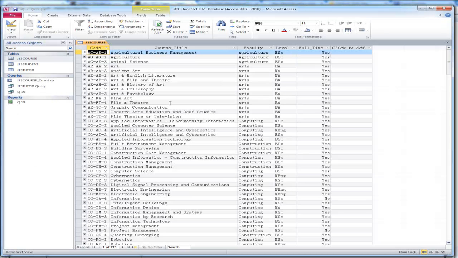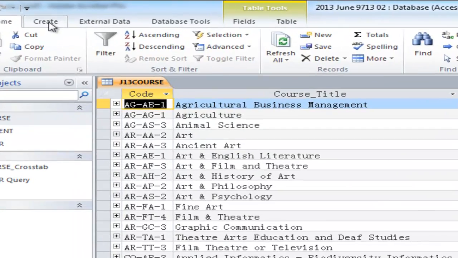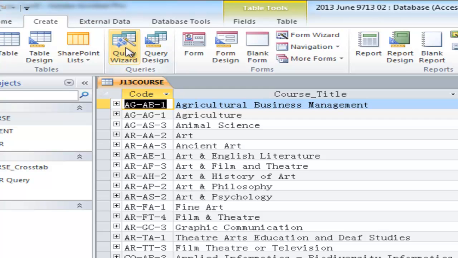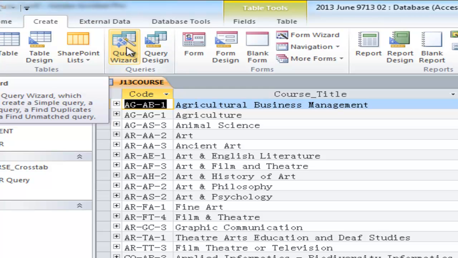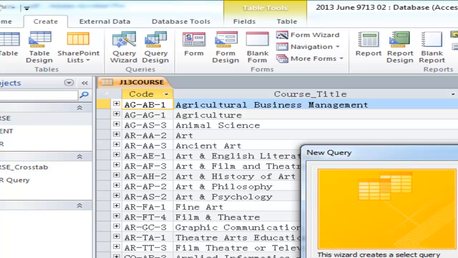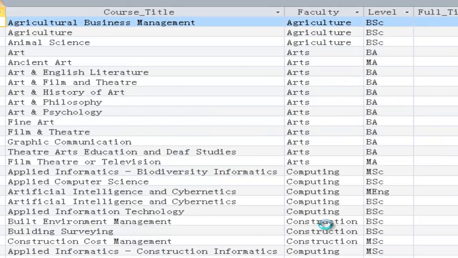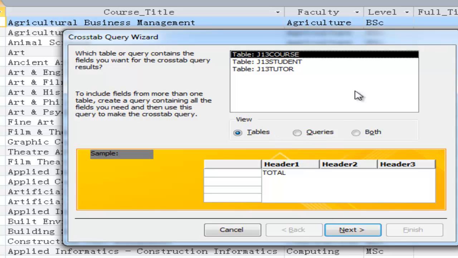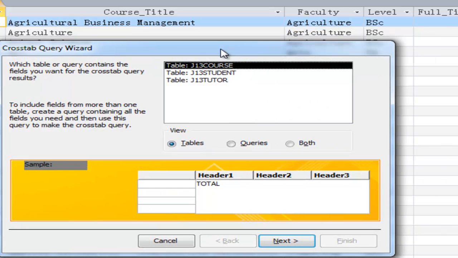So this is the process. These are the faculties and the students enrolled are here. So now we need to make a query using the wizard, cross query. Okay, cross query. When you are choosing the cross query, because we need to make the faculty, choose the faculty